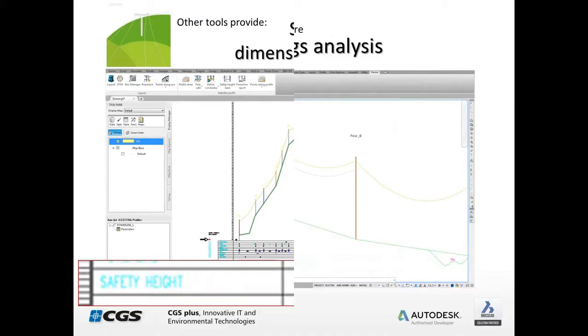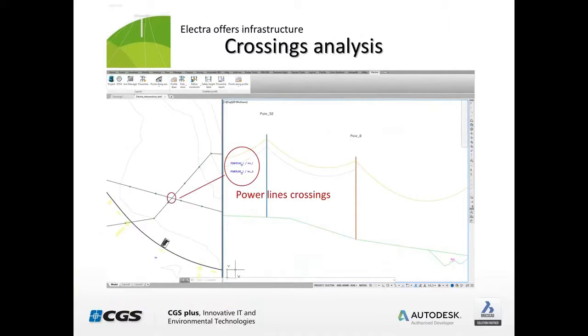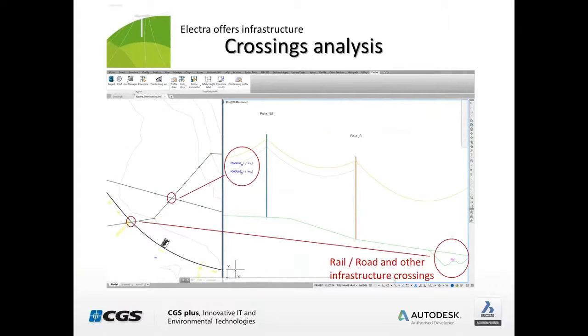Okay. Another great tool in Electra is, as mentioned, the analysis of crossings. And here we can see the crossings between two power lines, and user is now able to check whether the vertical distance from the uppermost cable and the lowest cable of the two power lines are apart for the amount that's needed, let's say, and that analysis can be done based on different loads, different wind loads parameters, etc. What's also important is that user can check the crossings towards other infrastructures like rail and road, where usually a 6 meter distance between the conductor and the upper point of any infrastructure is